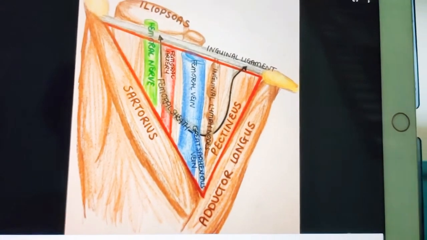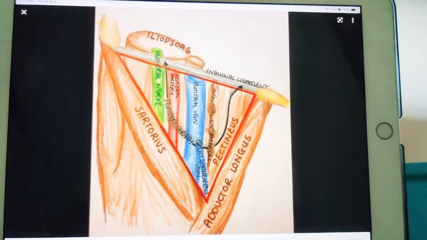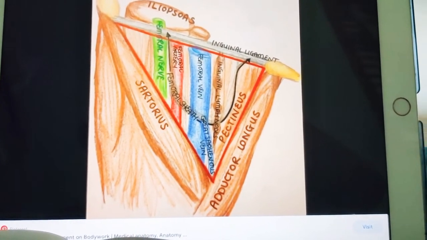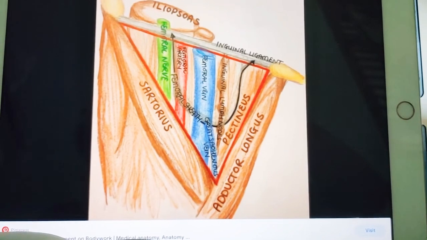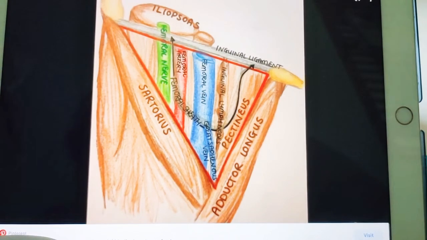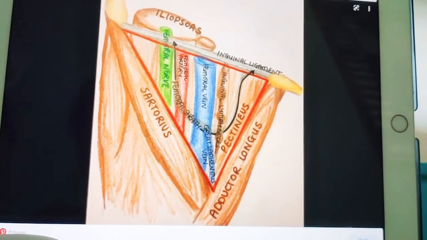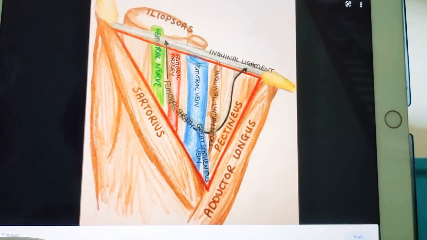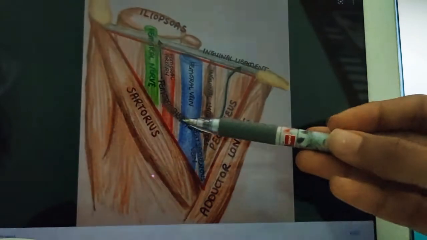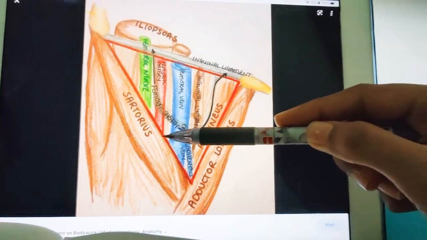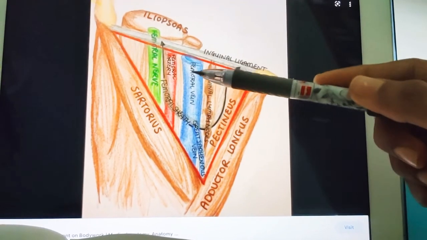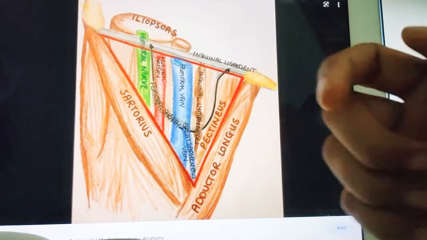Coming to the femoral sheath, it's a funnel shaped sleeve of fascia. You can see it's mainly enclosing the femoral vessels. The sheath is formed by downward extension of two layers of fascia of the abdomen. The anterior wall of the sheath is formed by fascia transversalis, which lies in the anterior abdominal wall, deep to transversus abdominis. The posterior wall is formed by fascia iliaca. So two things are forming the femoral sheath.